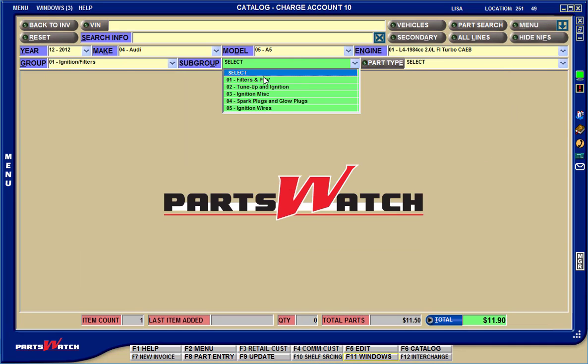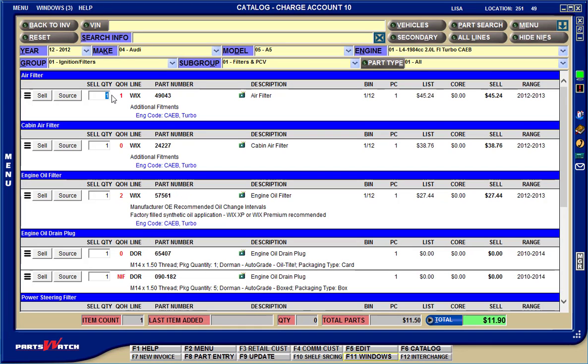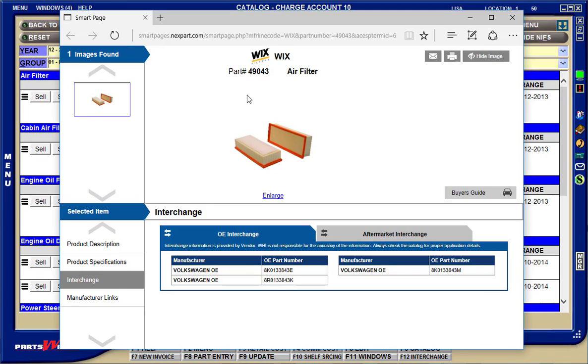Enter the quantity needed and hit enter to sell a part from the catalog. And if you're using the ACES catalog, and the Smart Page camera icon displays, clicking it will open the manufacturer web page showing information for the part. After lookup is finished, click the Back to Invoice button to return to point of sale with the selected parts